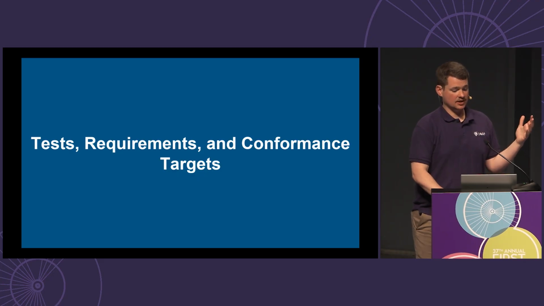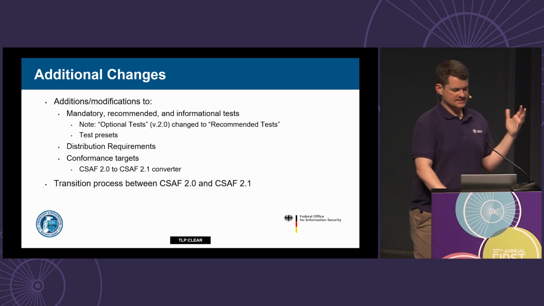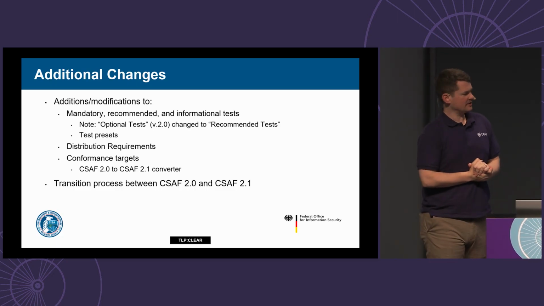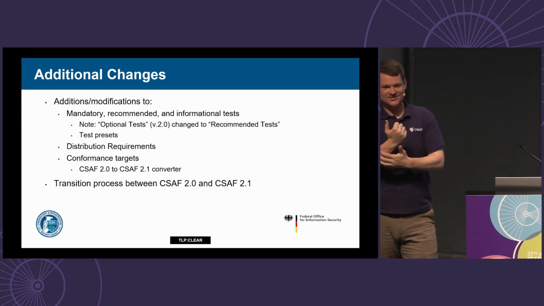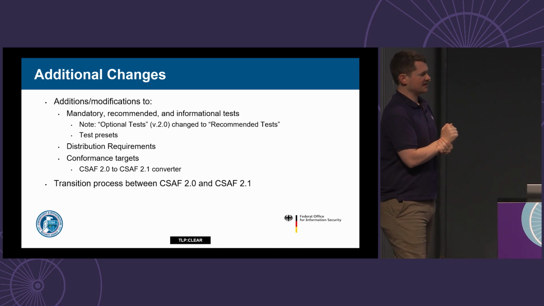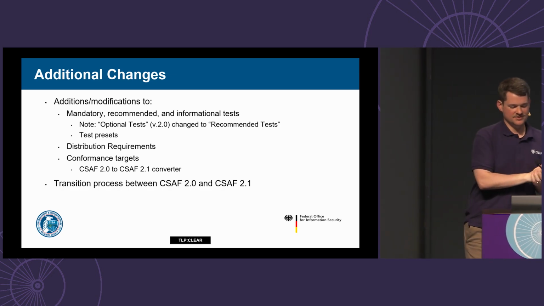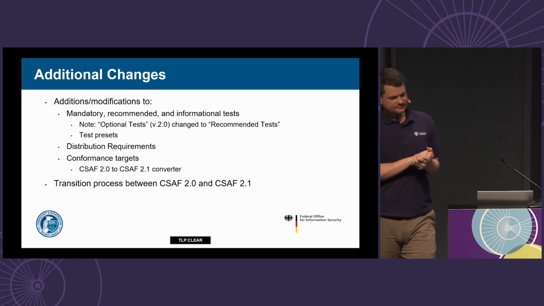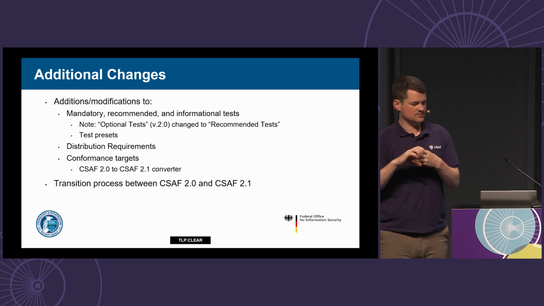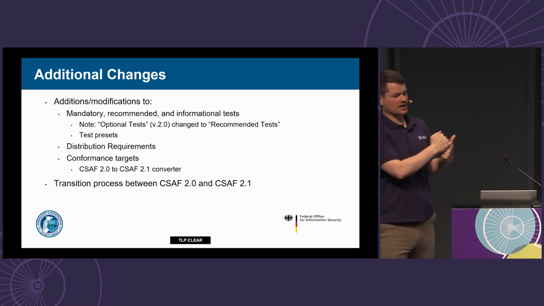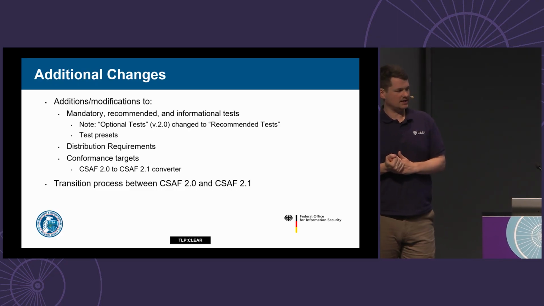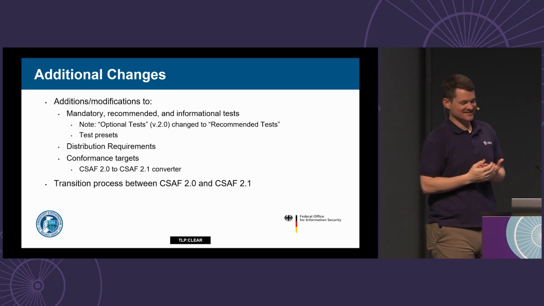Some other updates, of course, when you're talking about conformance tests. One small change, and we're hoping it makes a big difference. We changed the language around optional tests to recommended tests. We felt the language is a little bit stronger and matched the should language that we are using in the specification itself. So we have updates to, there's 3 different types of tests. We have the mandatory, the recommended now, formerly optional, informational tests. I believe that we're now up to 140 tests, where there were only previously 75 tests in version 2.0.